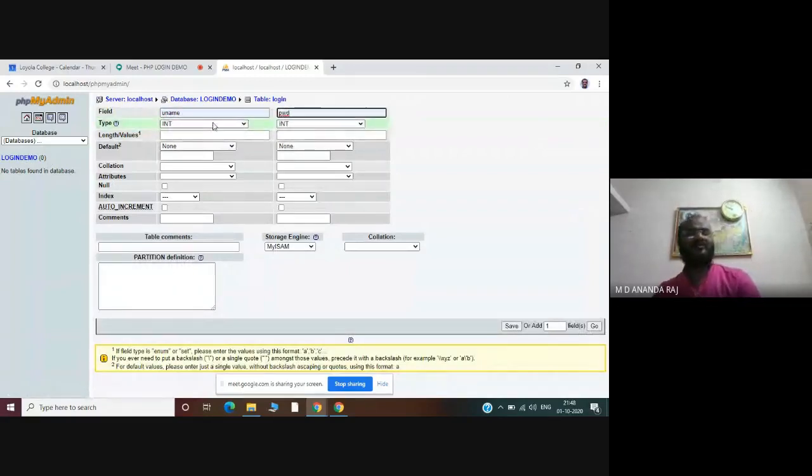Username and password, short form I am giving as uname and pwd. For the data type, username may be a combination of name, string and a number, so I give varchar. Similarly, for password also I give varchar. You have to provide the length, both I am providing as 10 and 10. Leave the rest of the things as they are and just click save.